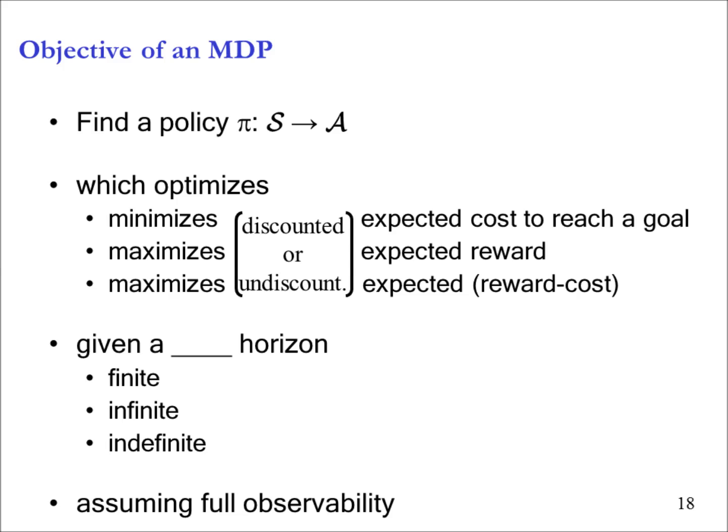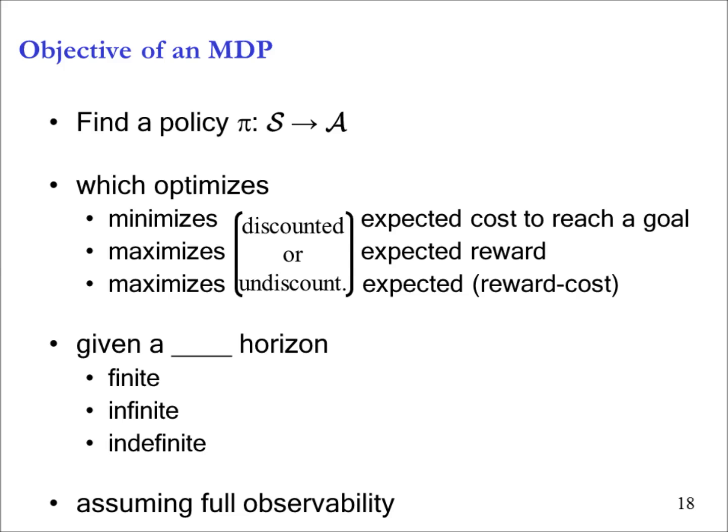So far so good. Yes? If you don't have full observability, do you need a completely different approach, or would there be a way to adapt? If we get to it, it's called partially observable Markov decision processes. It's a special kind of Markov decision process, much more difficult to solve. All the real world is really a POMDP. Pretty much everything in the world is a POMDP. They're much harder to solve. I have some examples towards the very end of the lecture, but we'll probably not get there. Depends on how fast you move.